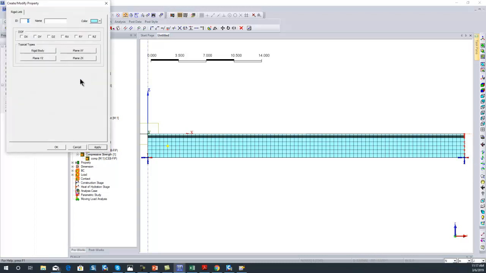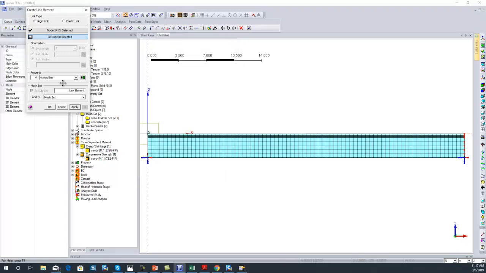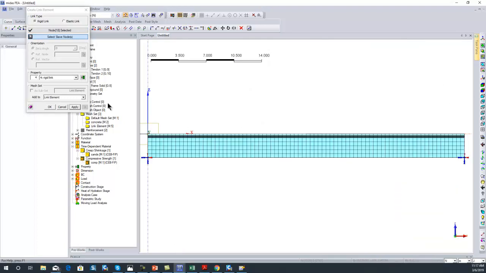Then we need to define the property, like in which direction we want to provide a rigid body. I want to provide it in all directions. So I can click on rigid body and then enter the name as rigid link, then OK. I can select this property and enter the name if you want, and then click on apply. So links have been created over here, you can see. Similarly on the other side also I need to create a link. For that I need to select that node, and then I need to select the slave node. So the master node is the node,